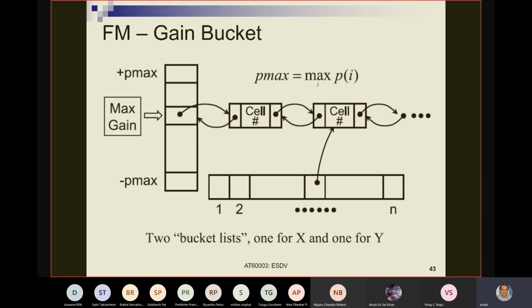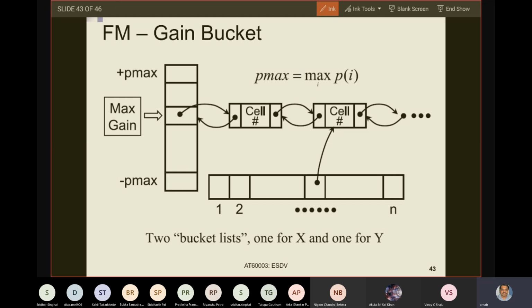From that only you are finding out the highest gain. So these tasks are kept in the order of their gains. In some way they are kept in a certain order with respect to their gains in this data structure. All tasks are there in this data structure in some way with respect to their gains. So now we will understand how these tasks are kept with respect to their gains. Now we said that